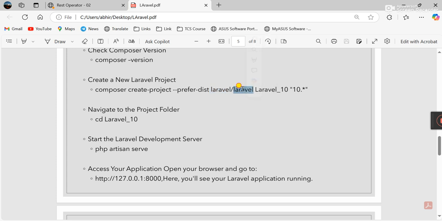I want Laravel of that package, and this is the folder name, that is the application name. I can change this to whatever I want, and this is an optional thing which I can remove. Currently I am installing Laravel 10, so I am writing 10. If you want to install Laravel 8, you can write 8 or 8.2. And if I'm not writing anything, if I'm eliminating this, it is going to install the latest version of Laravel. So just copy this,